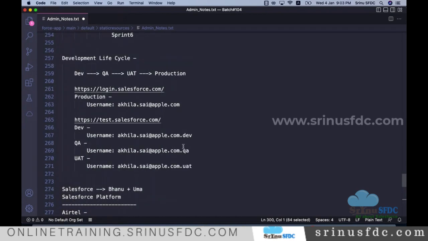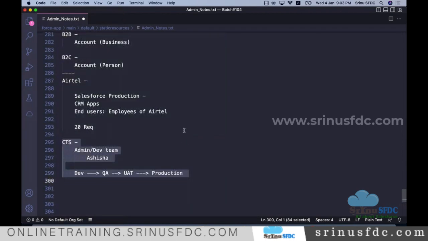Srinu, quick question. Where will the customers come into the picture in this example? In this example, UAT is just like the user testing. The Airtel employees, that team, do the testing. But when the Airtel team starts using these apps,